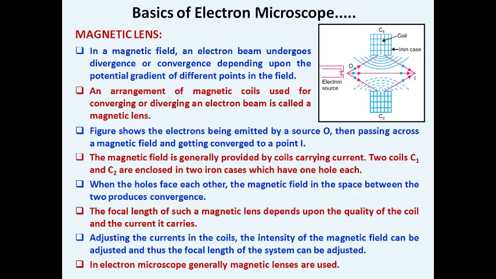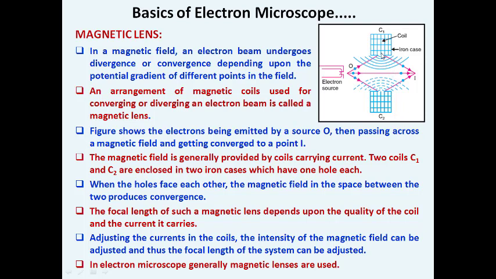Whereas we also have magnetic lenses that can be utilized for focusing electron beams. You notice that if you have a coil connected with an electric current, whenever current is flowing through a coil, a magnetic field is induced. So we have two coils on the sides of the electron beam. You know well that electrons have negative charge, and when they move, they have their own magnetic field. Whenever the electrons cross the magnetic field, they get retarded.